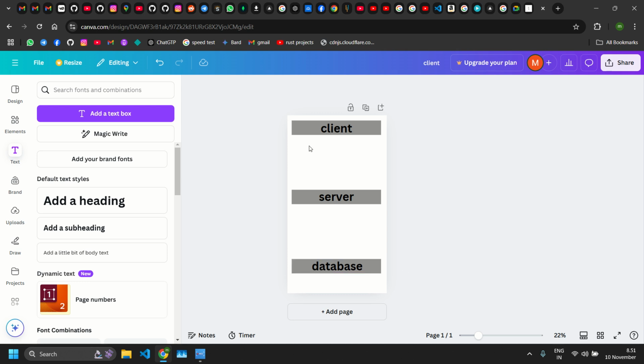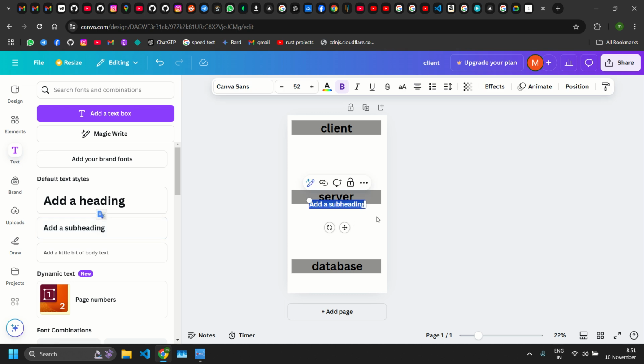So what technologies would you be needing and what do I suggest? I will write those technologies here. I won't be writing all because there are hundreds of technologies in the market. But what I suggest and what I use is what I will be writing and what our series will cover. So for the client, we will learn HTML. Now I will explain what is HTML, then CSS, then JavaScript,